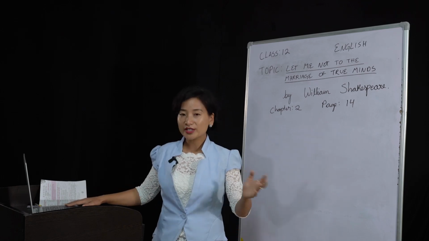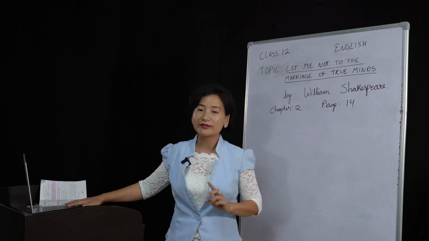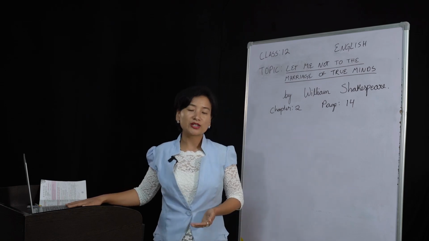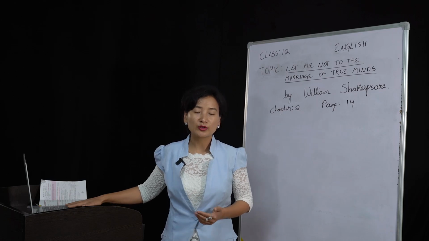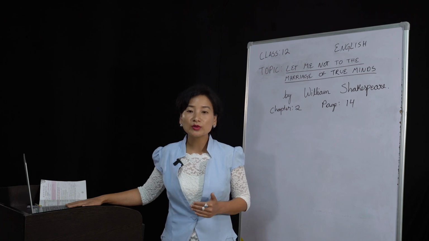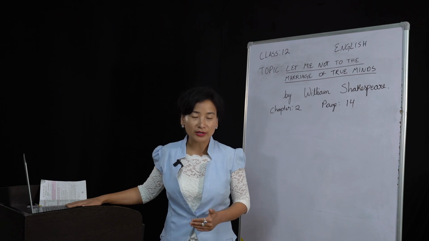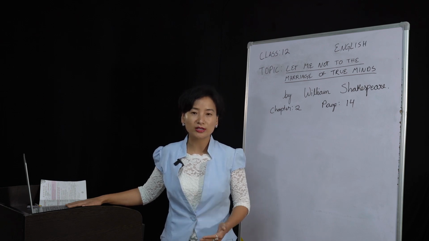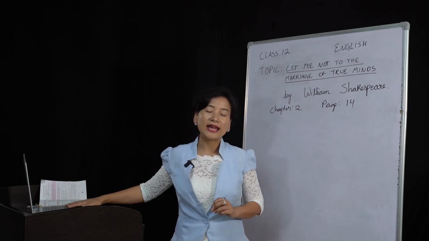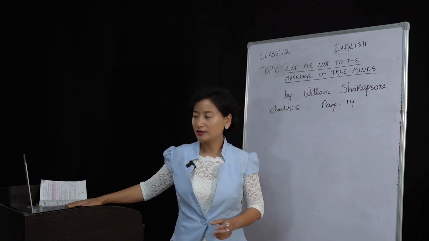If you look at the first part of the word, "let me not," here we find that there is some denial, refusal, okay? So the poet is trying to say that I refused to accept any kind of love except the kind of true love that is compatible, that is intellectually compatible, emotionally compatible, and perfect in its sense. So we are talking about an ideal love. An ideal love here means a perfect love.